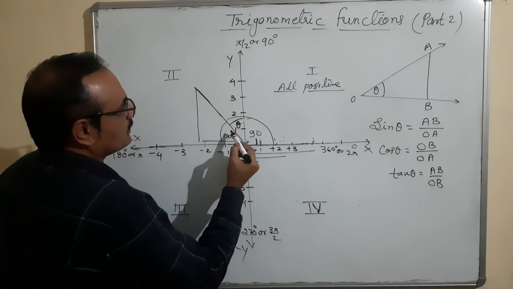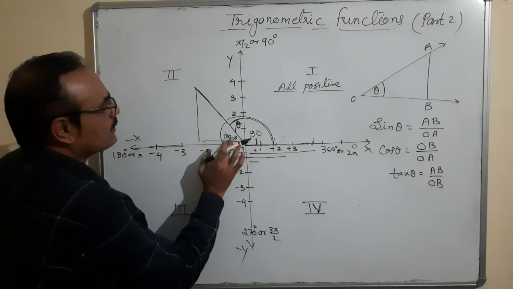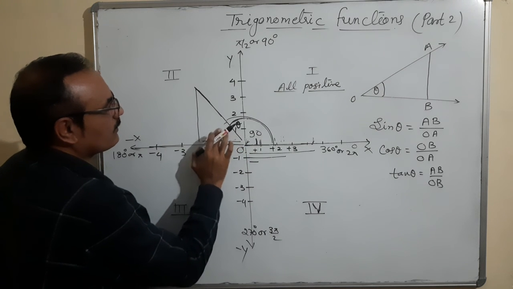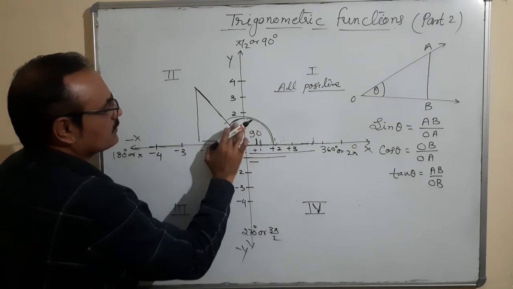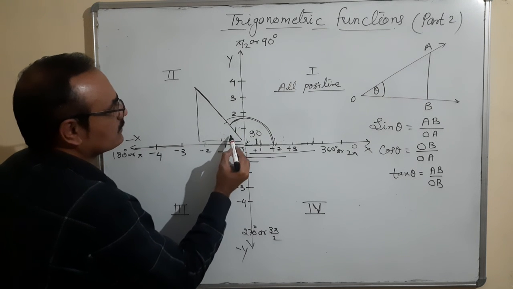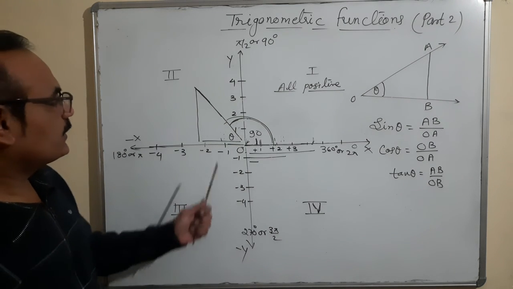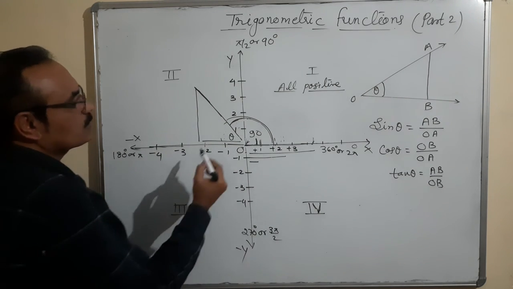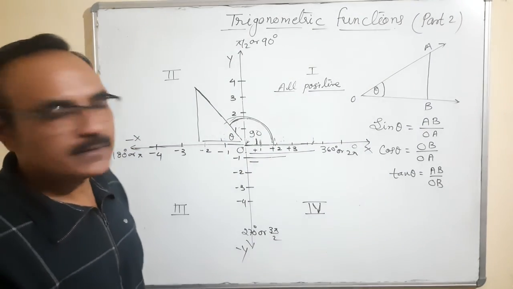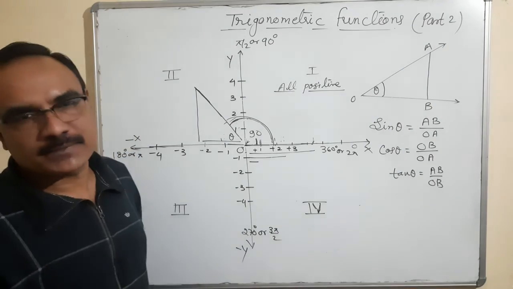Or this angle is 180 minus theta. Suppose I take this angle as theta, not taking this one. Which angle is theta? This is theta. Okay. So if this angle I have taken here as theta, what is the value of it? It is 180 minus theta. Am I right? 90 plus 90 total 180, from the 180 theta will be subtracted.